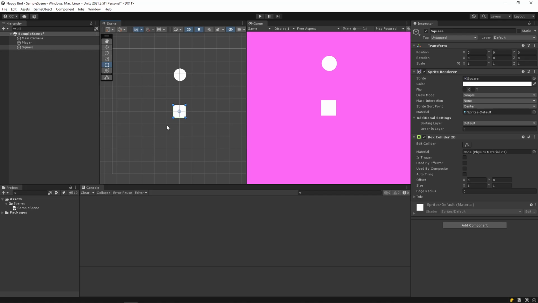So I just want to clarify, whenever you are playing, don't make any changes. Click the play button so that you can stop playing and then make your changes. There is this pause button, but that is not what you want to do. That only pauses the simulation. It does not stop it, so it will still not save your changes. So click on play every time you want to stop the simulation and start making changes.